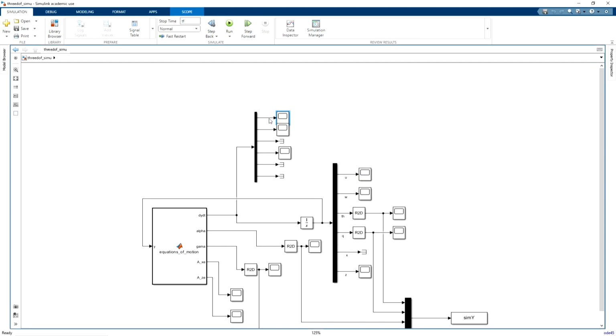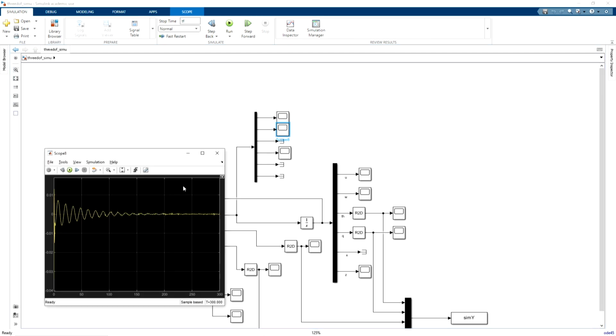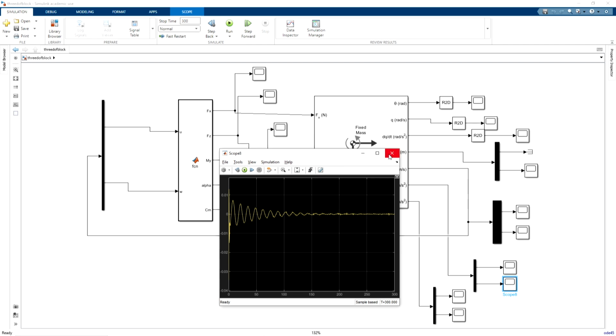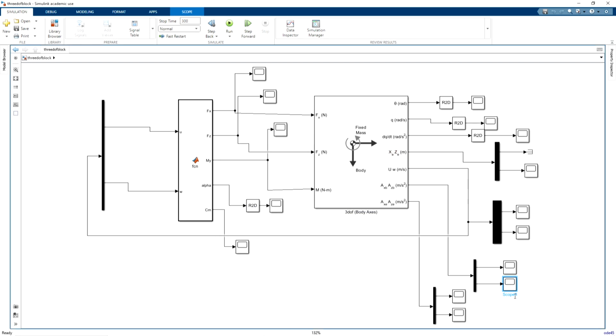This is nothing but u dot. All right. The first vector for this dy by dt is u dot. This is before integration. After integration obviously it will be u. Similarly, this is w dot. All right. It's approximately going to 0. So in this way you can actually compare all the plots, whether you are getting similar plots or not.